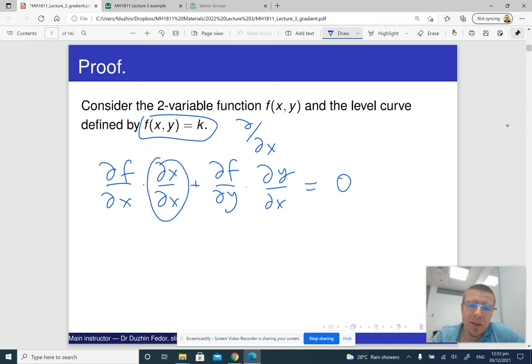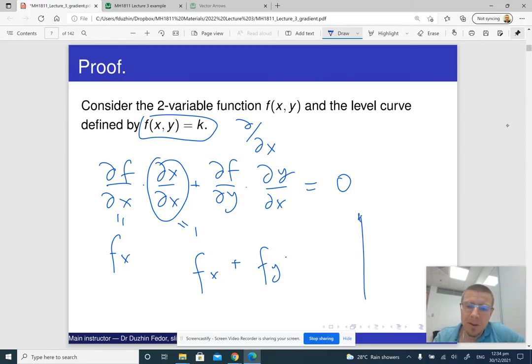Okay, now the dx/dx is just 1, right? Because we are differentiating a variable with respect to the same variable. And the resulting thing is I'm going to just use fx instead of df/dx. So the resulting thing is going to be fx plus df/dy, which is fy, times dy/dx. So notice that